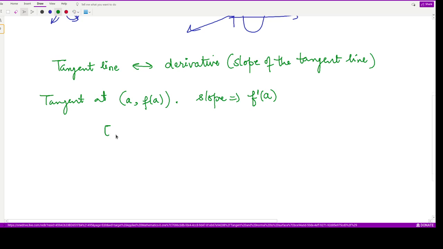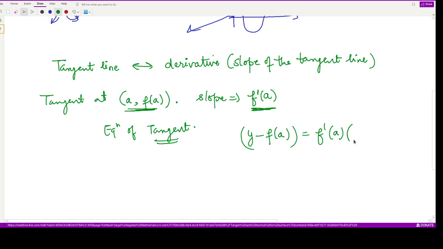So what would be the equation of the tangent line? It would simply be the equation of a straight line passing through this point having this slope. So it would be y minus the y coordinate is equal to the value of slope into x minus the x coordinate. So this is the point-slope form of the given expression. From here you could also say that whenever we have a difference in the y coordinates, we have a difference in the x coordinates, and accordingly the slope is being defined.